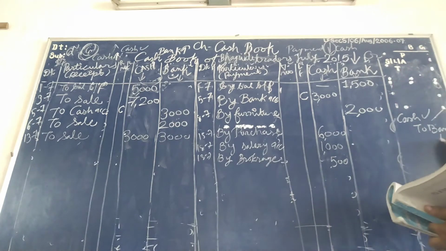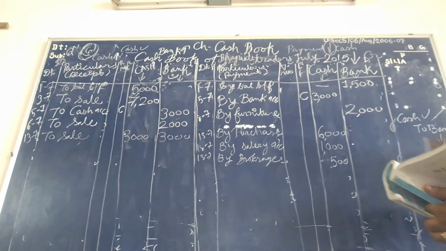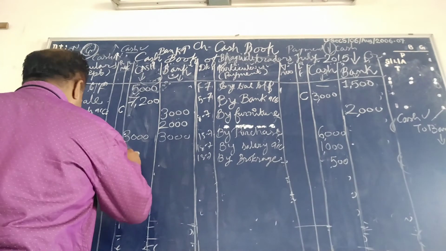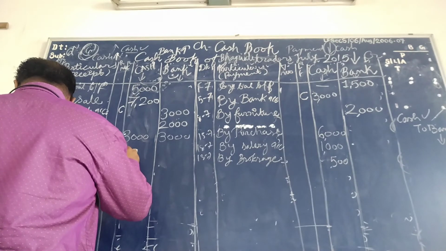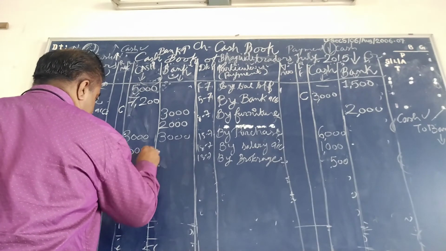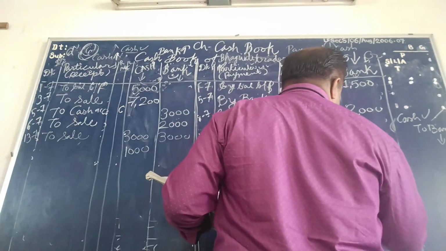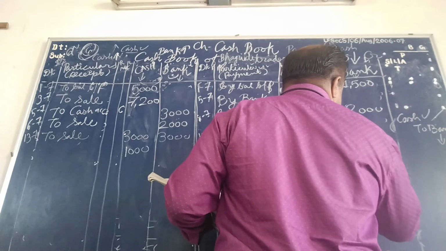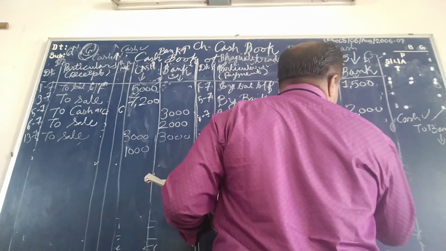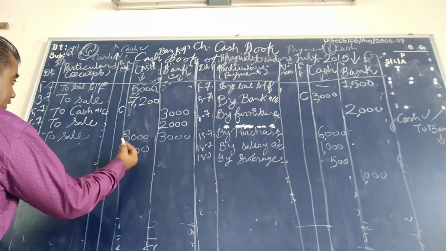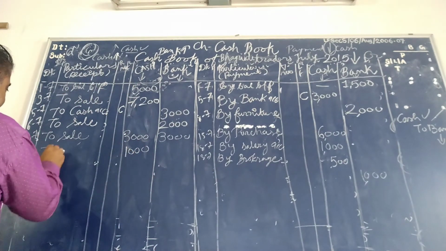Bank balance will be decreased. Cash to bank, and it is cash, hence it is cash to bank. So it is considered as again a contra entry. We receive the cash, so in the cash column we write here 1000, and hence the bank balance decreases. So the bank account will be credited here 1000, and here, since it is cash, in the cash column we write here to bank,